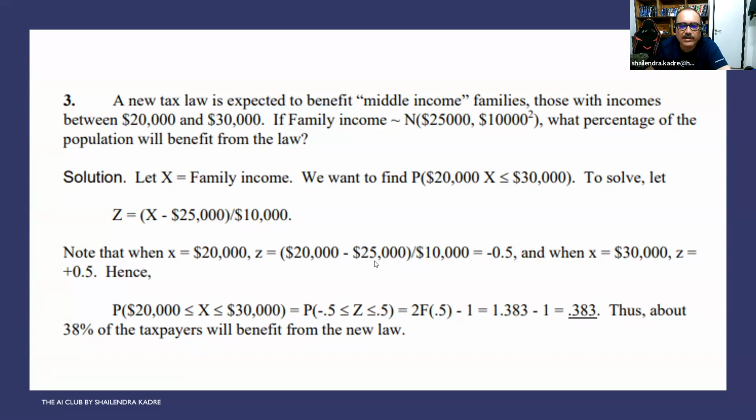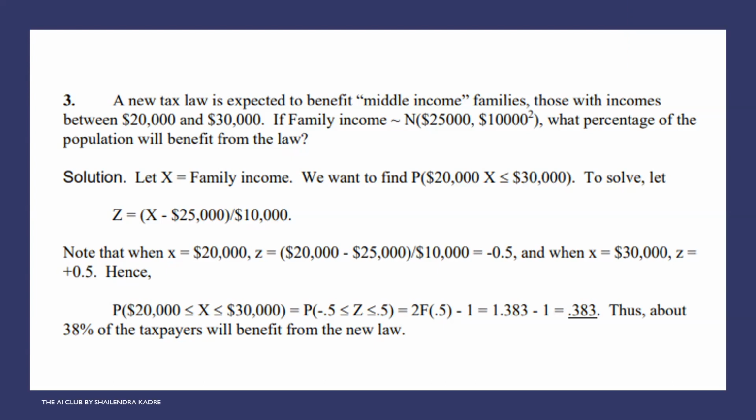20,000 minus 25,000, divided by 10,000, is coming as minus 0.5. Have you got it? Yes, sir. Now